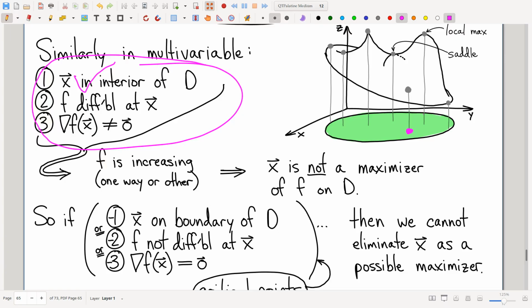So we're in the middle. That means we can go in whatever direction, at least a little bit. If the function's differentiable, then derivatives mean something and I can draw conclusions from them. And if the gradient vector is non-zero,